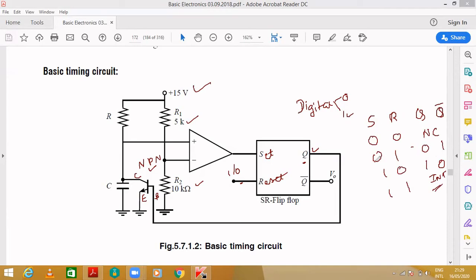So just remember these values for the operation; you have to know the operation of the 555 timer. Here, first let's start with this plus 15 volts. I already told you the op amp is being used as a comparator here, and this positive indicates the non-inverting terminal, and negative